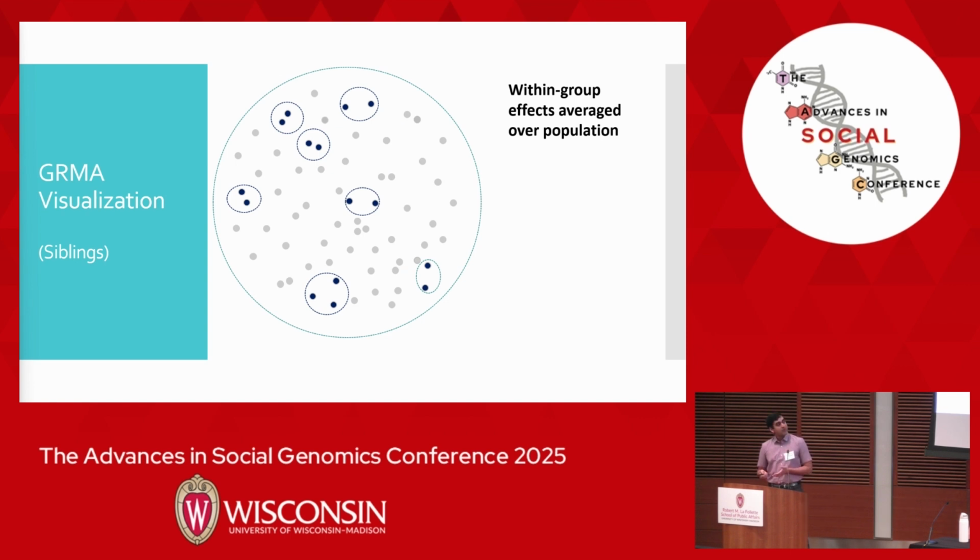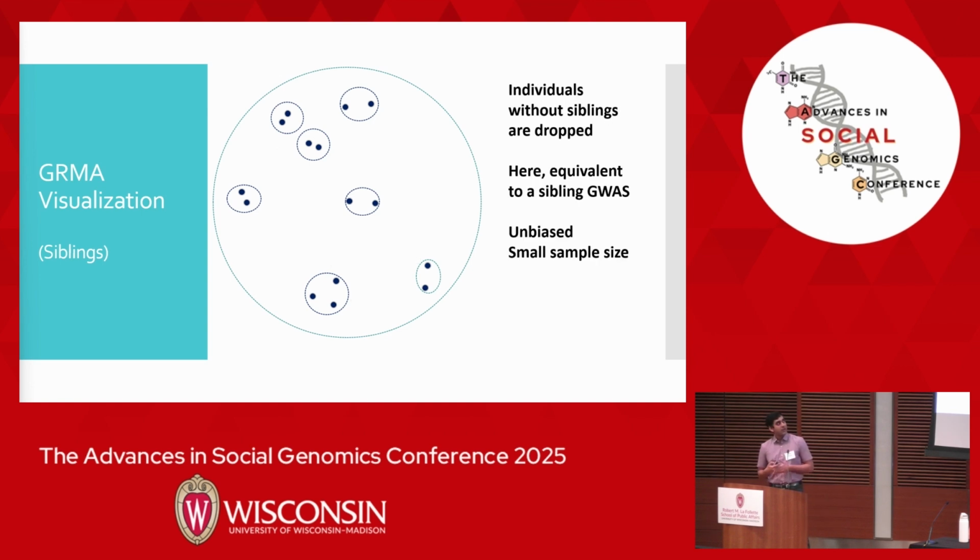But with GRAMMA, you could imagine setting a kinship value at the threshold corresponding to siblings. So GRAMMA will group people according to their siblings in the sample, take within-group effects, and average them out over the population. Here, individuals without siblings are dropped, so this is equivalent to a sibling GWAS. And so you end up with unbiased estimates, but again, because you're only using siblings, you have this small sample